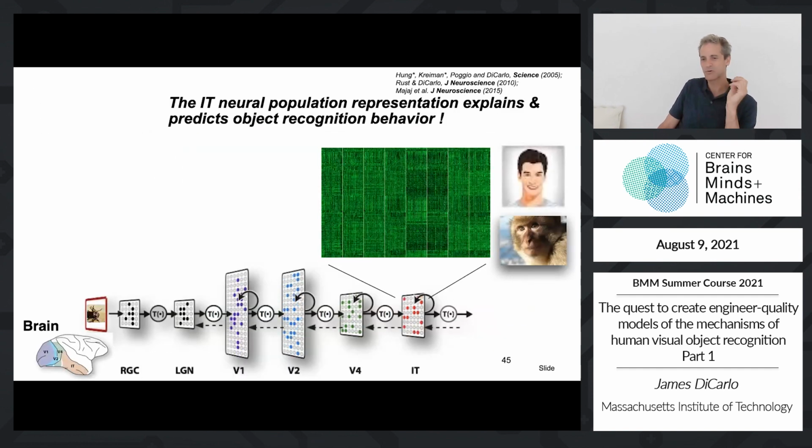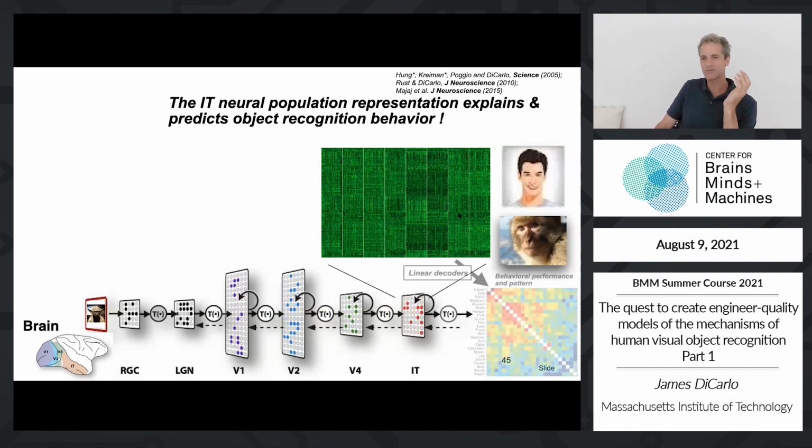Okay, now let's go to why this is even important at all. You can stick electrodes in monkey brains, you measure some neurons, you talk about patterns of firing out of IT cortex. It's built on a whole bunch of neuroanatomical history. You told me a monkey and a human are similar. Why does this matter? Well, the reason this matters is that it's been shown, and we and others have shown this,